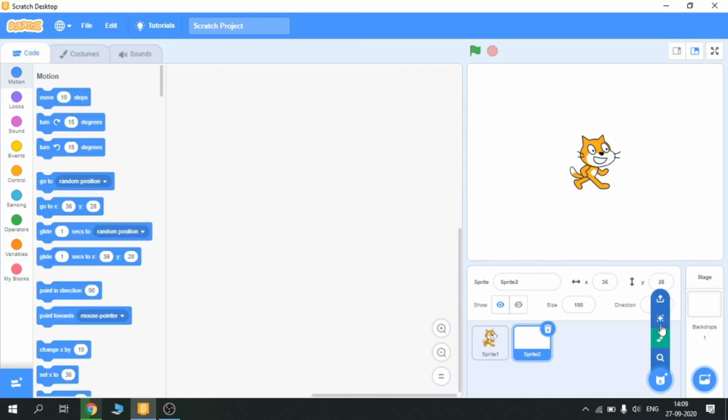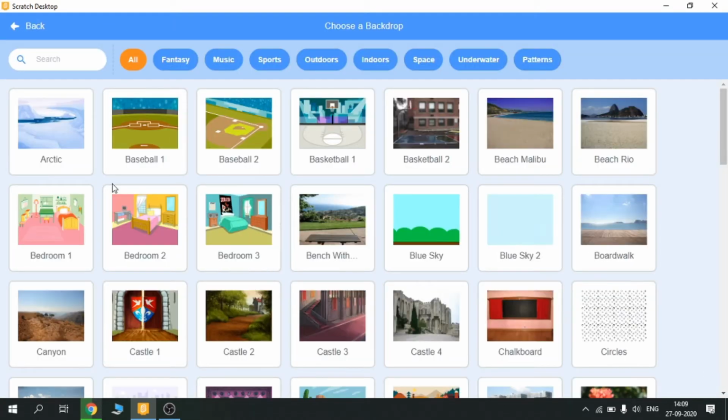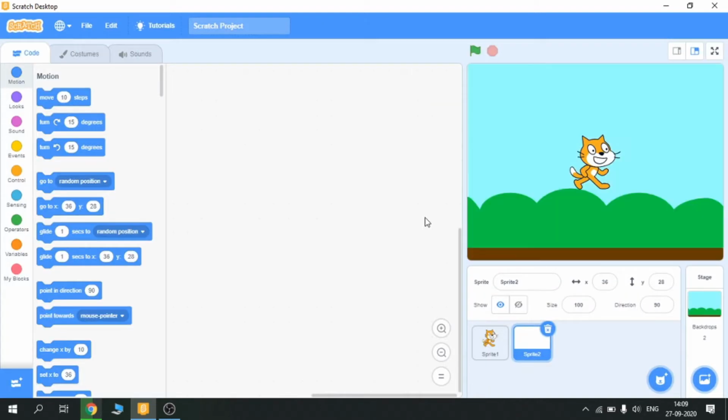Now this white background is called stage, where you run your code. This is backdrop. Backdrop is just the background image. Whatever you want to use, you can. Let's assume I am taking this blue sky. So what is my background? Blue sky.